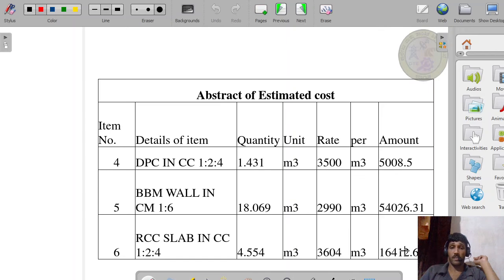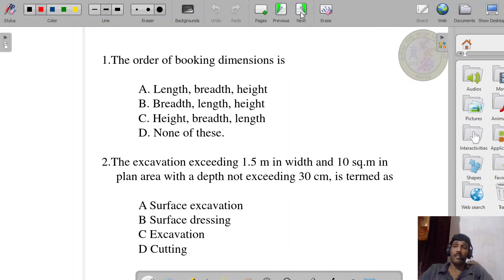we get 16,412.62 rupees. Here also we are not considering the 10% contractor profit and 1% water charge. Why? Because it is generally considered in a detailed estimate, considering all the items of work. For that reason we have not considered it here. Here we only computed considering the three quantities. Okay. Next problems we will discuss in the upcoming sessions.